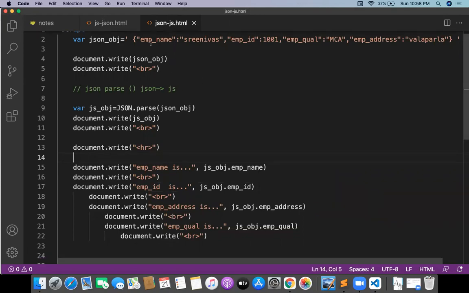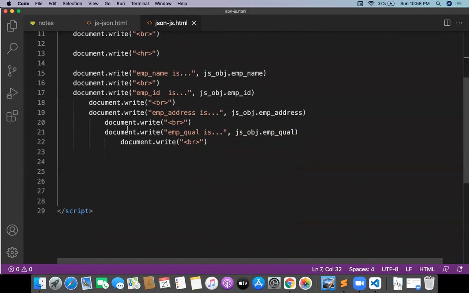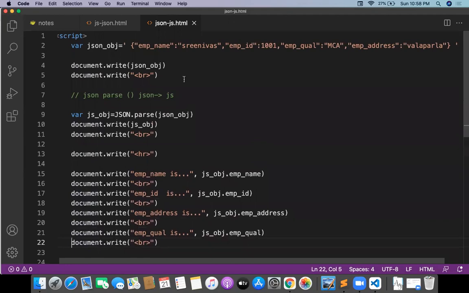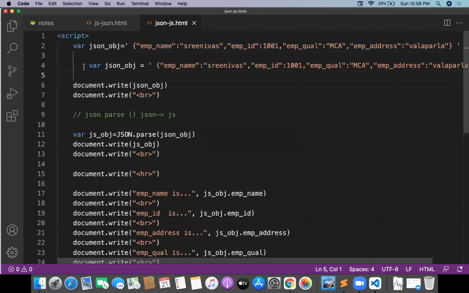So I'm just doing the object here and trying to work out the array. Array is also the same. Try to practice with multiple examples of array parsing also. If you have multiple employees, how do you parse? For example, this is my first object. If you want to go with an array, how do you do it? Let me write a program for the array also. Let's finish. This is the JSON array.